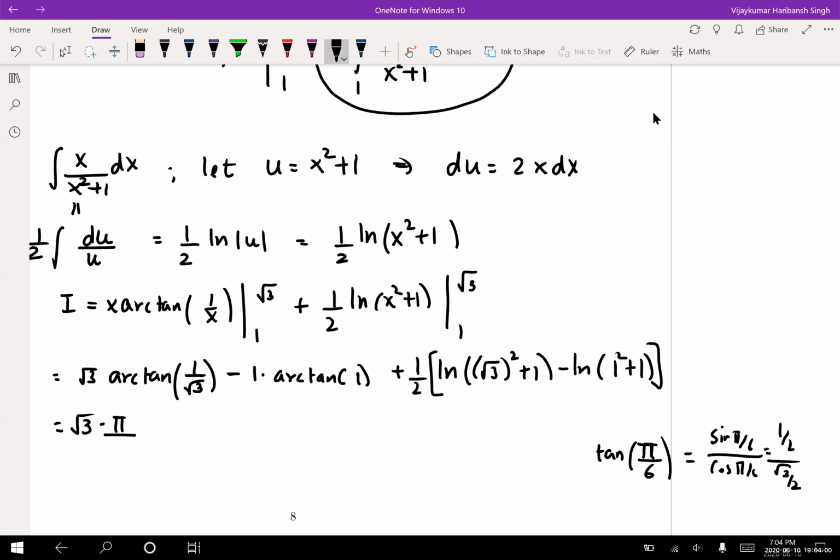So you see that this is going to be pi by 6 minus 1 times tan inverse of 1, which is pi by 4, plus half ln of 4 minus ln of 2. So this is your answer. If you want to simplify this a bit, you can. You can take, for example, pi common. You'll be left with root 3 by 6 minus 1 by 4 plus half ln of